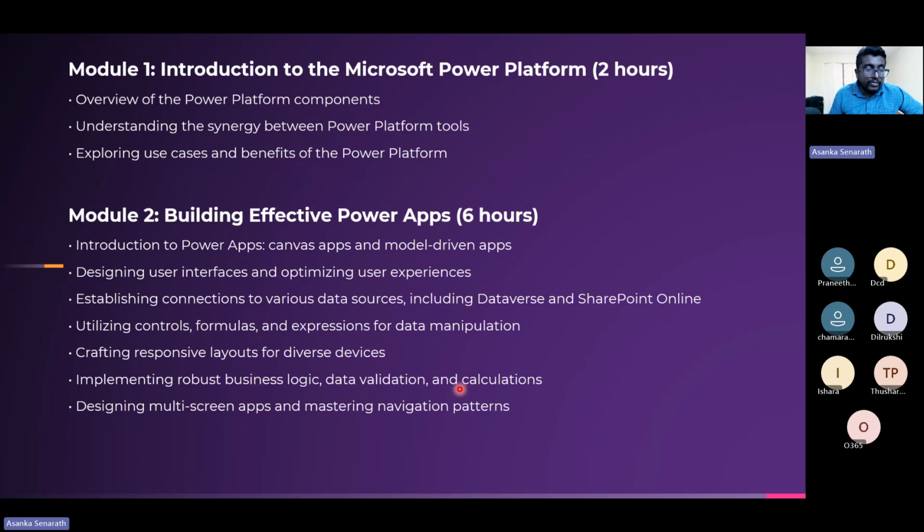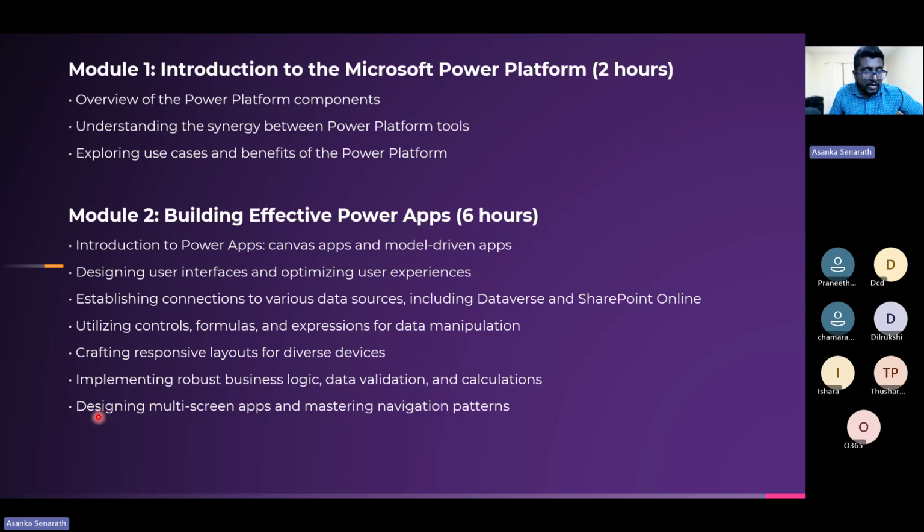Like whenever you make an application, there are multiple business logics, right? So for example, let's say you need to create an application that is giving a bonus to those who are older than, let's say, 55 years old, who are working in your company. So whenever you enter the details, how much bonus has to be given will be automatically calculated. So those business logics, how you do the data validation, calculation, all those things we will be learning in this